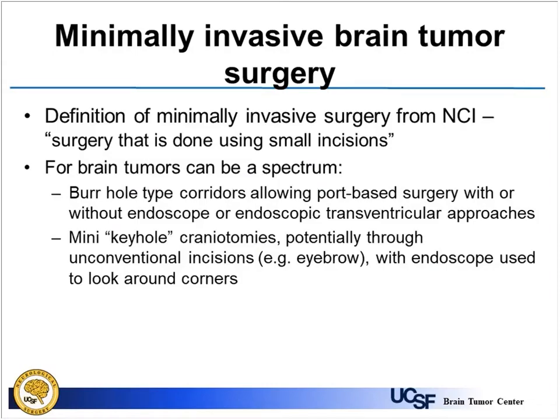When we talk about minimally invasive surgery for brain tumors, this is a broad category, and people often market a procedure as minimally invasive because it has appeal to patients. But there's no formal definition in the neurosurgical literature, but we can rely on the National Cancer Institute, which encompasses cancer surgeries systemically, well beyond the numbers we see in the neurosurgical world. And the definition there is just surgery done through small incisions that are smaller than what has historically been used